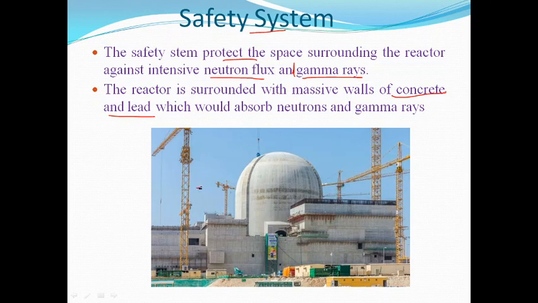So you have seen plenty of pictures of nuclear reactors, and often you see a picture like this. This shield of concrete is to protect the outside region from the gamma radiations and neutrons that are present within the nuclear reactor core. So outside this part, there will be very little radiation and few high energy neutrons. So that is the function of the safety system or the shield.